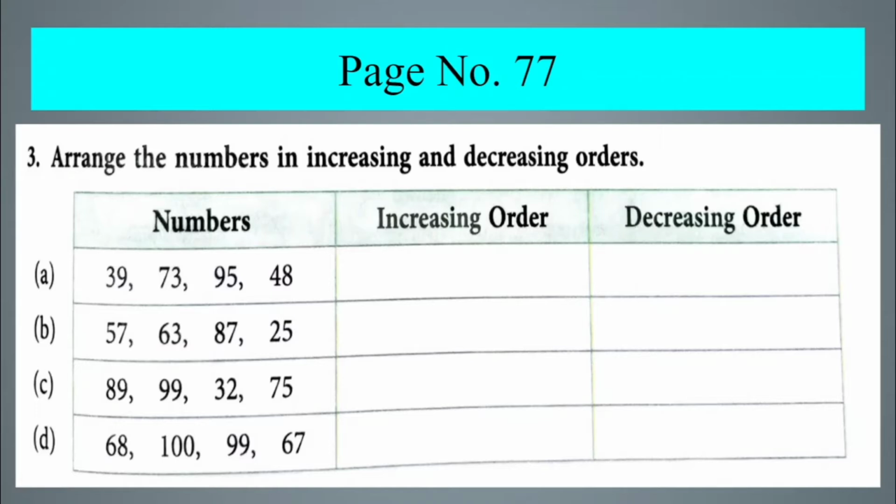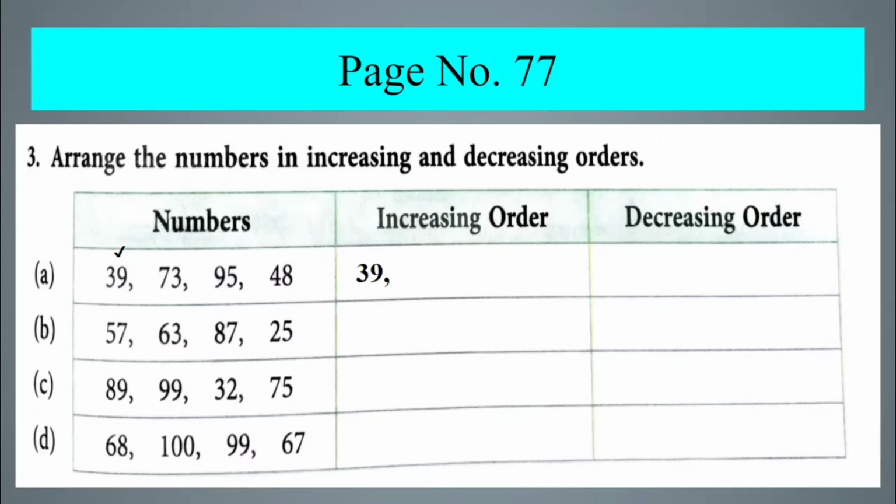Now while arranging the numbers, we'll put small tick marks above the numbers we have written so that it becomes easy for us to order numbers without repetition. To arrange in increasing order, that is ascending order, we will start from the smallest to the largest number. So children, which number is the smallest among these numbers? Yes, 39 is the smallest number. So first we will write 39.